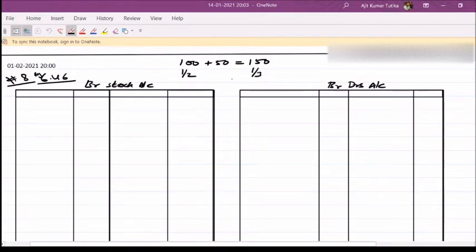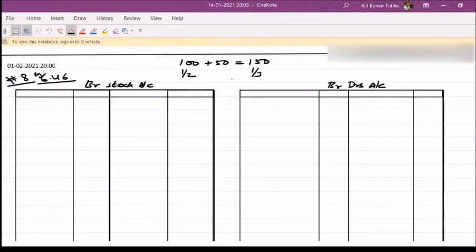Next, the branch remits all cash received to the head office and all expenses are met by the head office. All the expenses in the branch will be met by the head office, and whatever cash the branch has, it immediately remits to the head office. Next, from the following particulars, prepare the necessary ledger accounts on the stock and debtors system to show the profits earned at the branch.